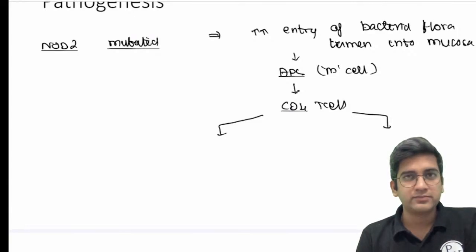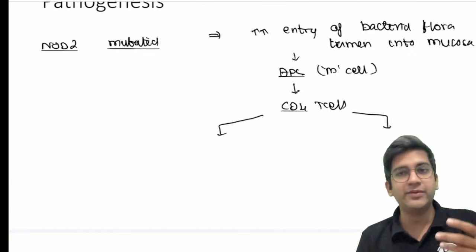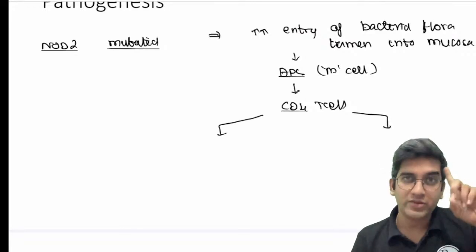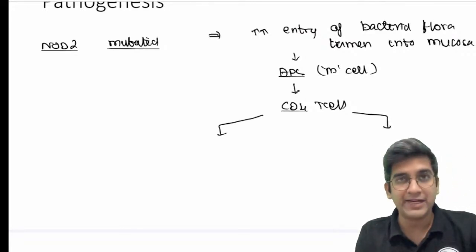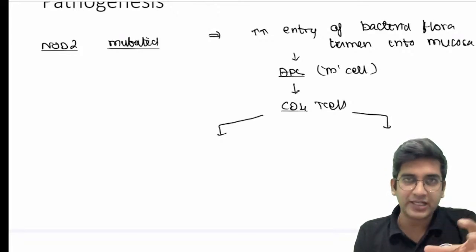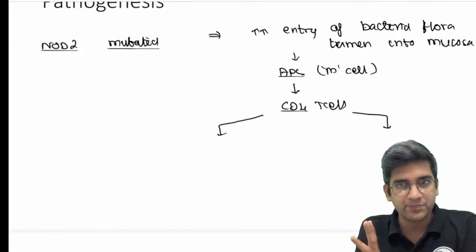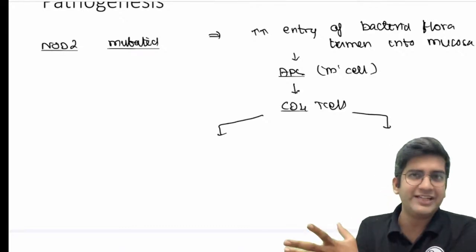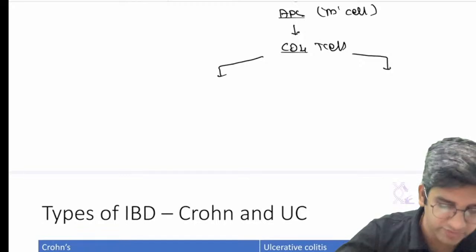TH1 results in granuloma formation. Whenever TH1 is activated, it results in granuloma. So whatever we read in chronic inflammation, put that here. If you want to make it a long answer, make it a long answer. If you want to make it a short answer, make it a short answer. Fine. TH2 results in allergy. Right, perfect. TH17 results in acute on chronic inflammation, right? Like TH17 is acute on chronic, fine.